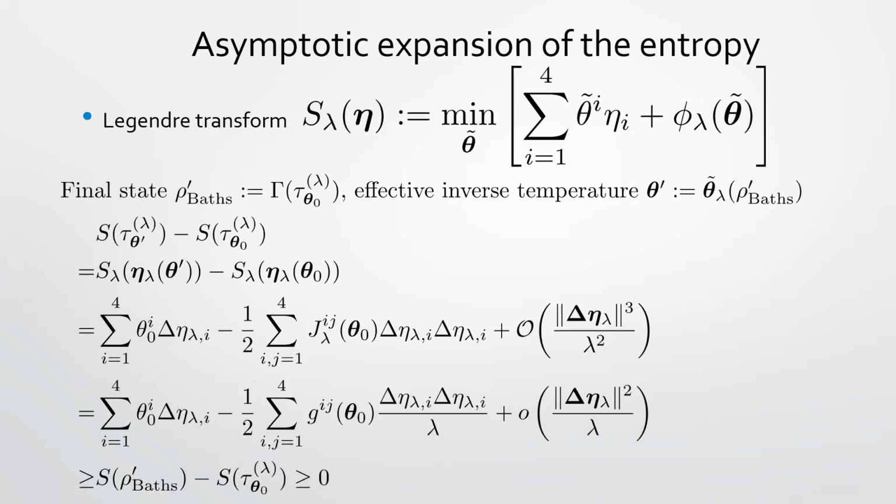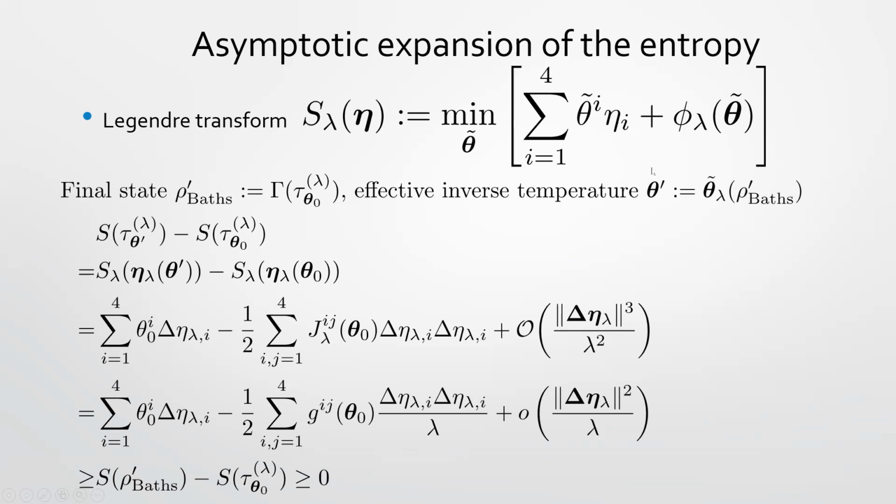So then finally, we have a form of the entropy production using this way. This is a Legendre transform. By using this one, we can derive this inequality in the same way. But here, we need to define the inverse temperature. But this is not only inverse temperature, but it includes the chemical potential, because now we have four parameters. So i equal to 3 and 4 correspond to the chemical potential. This one. So anyway, this parameter is important.